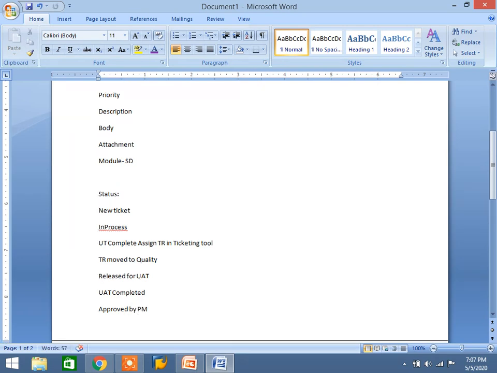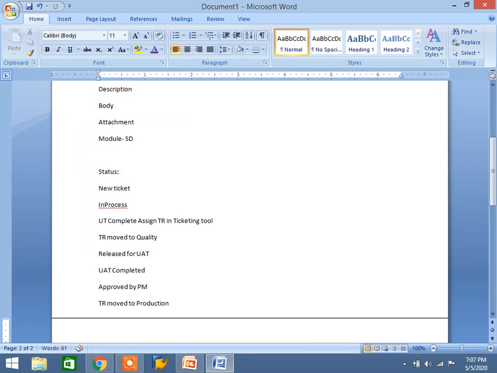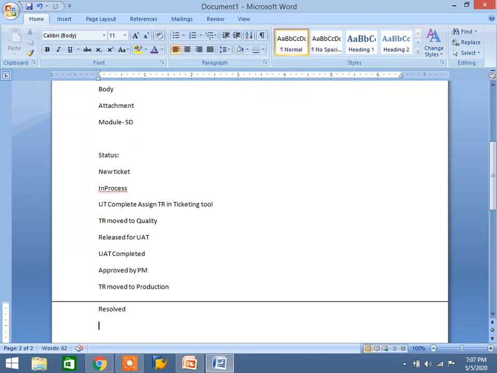Once approved, again it goes to basis, TR moved to production. Basis people do it. Once it is completed, the functional consultant will then resolve it. The final step is the user step, closed.